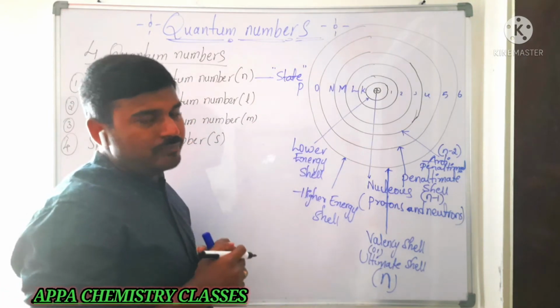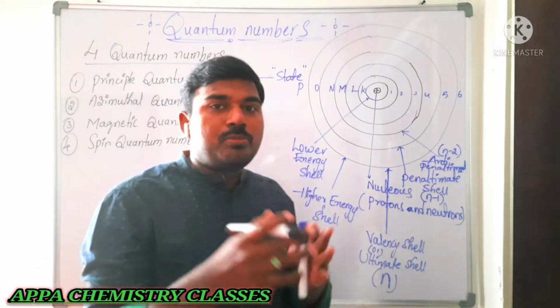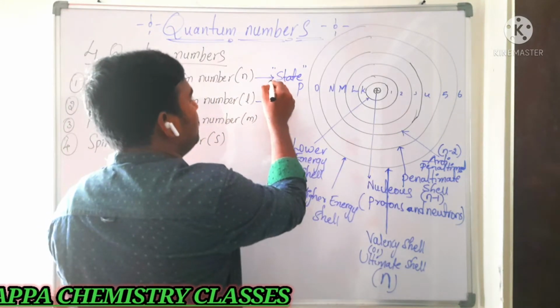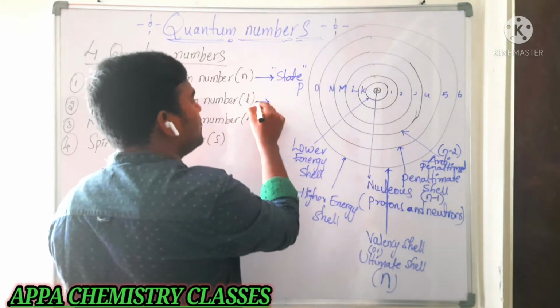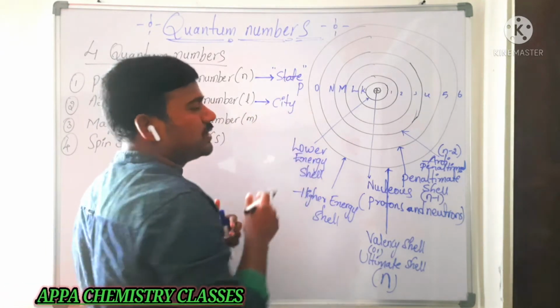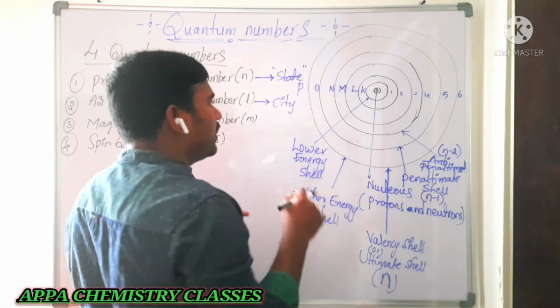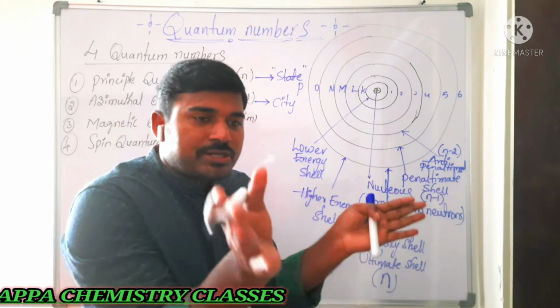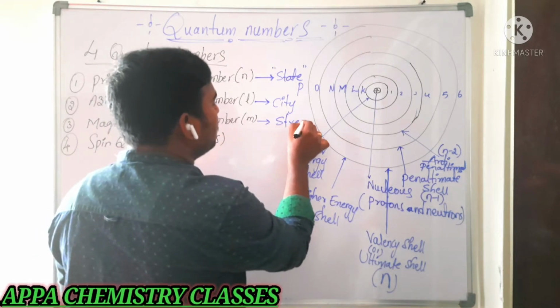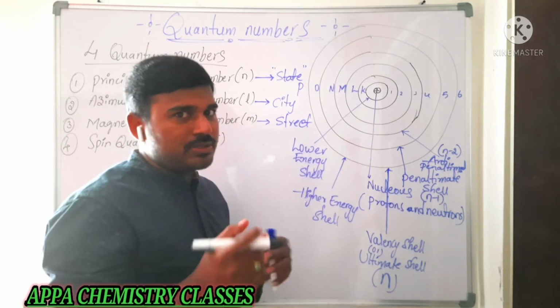First they will inquire about the state. After that, in a state so many cities will be there, so in which city is he hidden right now? Okay? So in a state we have the cities. After that, in a city there are so many streets. So in which street is he present?